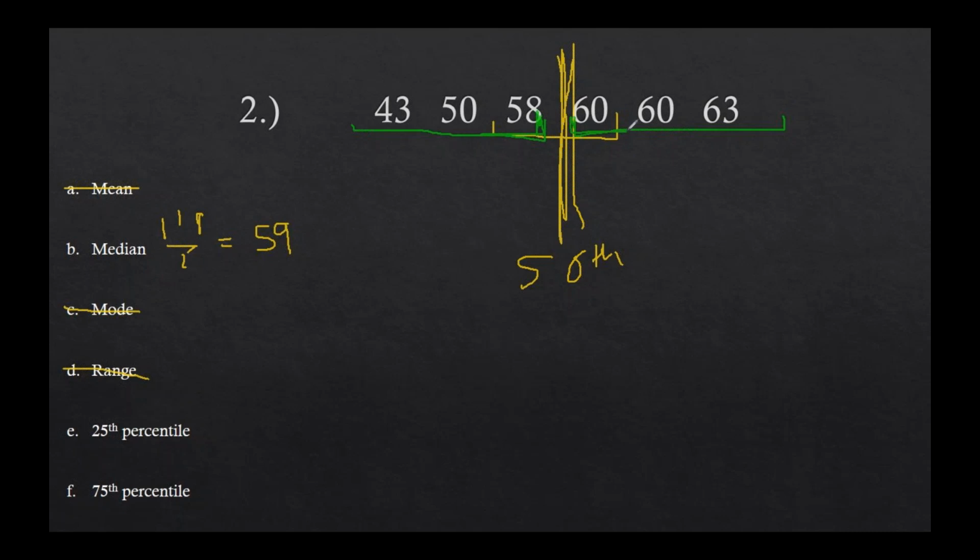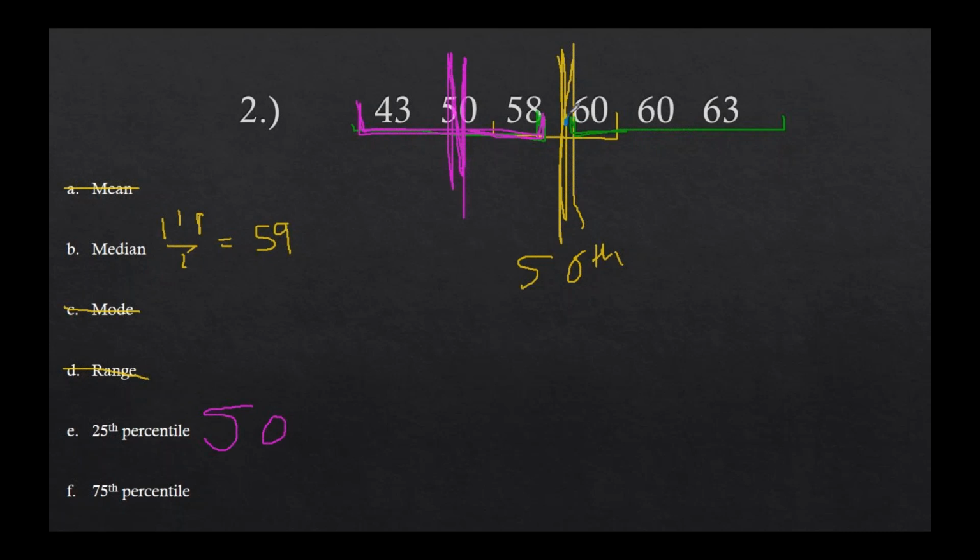Because I think of them as trees. In the previous example, we chopped down the 24 tree, so it did not get played with again. In this example, I didn't cut down either tree, the 58 or the 60. Because I didn't chop them down, they lived to see another day. So then we go to find the 25th. Well, for the 25th, we focus on the front. What is the median of this pink half? 50. And that one actually does get chopped down.